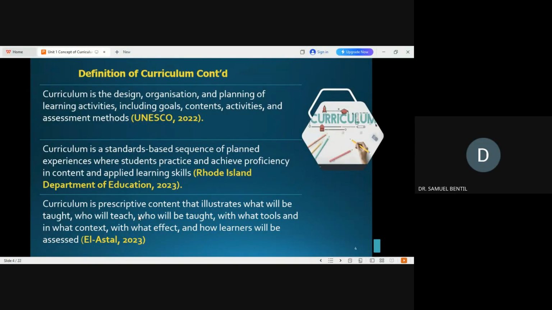So this definition can be criticized because he made it specifically prescriptive. That's why I said it's a prescriptive content. So you can see that this definition is more of the official form than the informal, which does not really reflect the broad scope of other experiences that learners also acquire in the school. So I agree with you on that of the L. Asta definition. All right, sir. Thank you, sir.